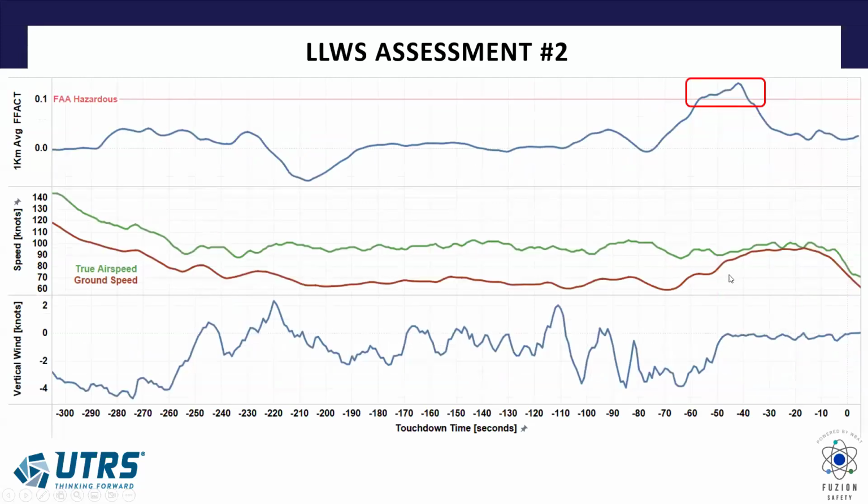The next one, you can see mostly the same thing, last 5 minutes of the flight, big gap, good strong headwind, and then it just drops down there suddenly. And you can see how the ground speed picks up. That's a little tougher to handle in the aircraft. All of a sudden you're moving across the ground faster, and your aim point kind of shifts on you. So it's not the safest of conditions. So let's track it and see how often and where it's happening. And there you go. This guy actually exceeded the 0.1 criteria, and that's one we would track and put in our calculations.